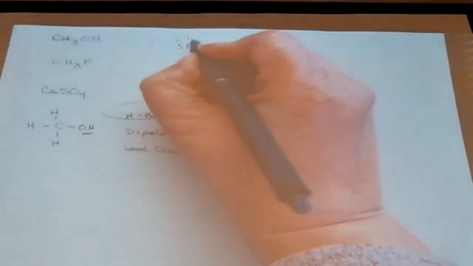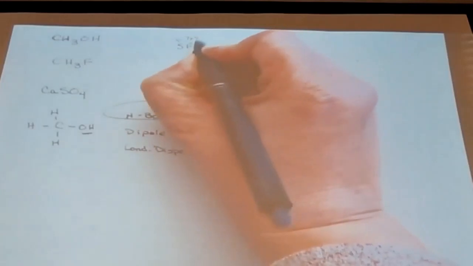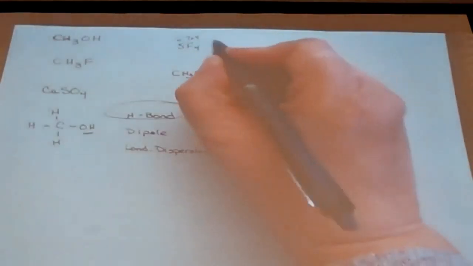Okay. Let's look at the SF4. How many people think this is ion-ion? Hydrogen bonding? Dipole-dipole? London dispersion. Okay. So this is one where it's a good idea to draw it out. We have 6 electrons for sulfur, 7 for each of the fluorines. There are 4 of them, so 7 times 4 is going to be 28, plus 6 will give me 34 electrons. So when I draw this, I'm going to have